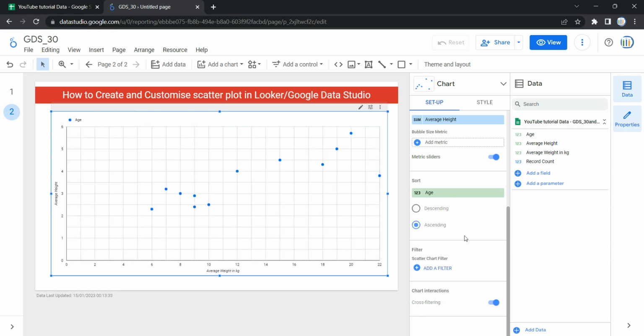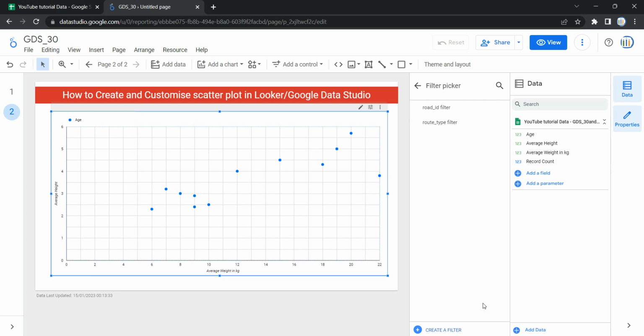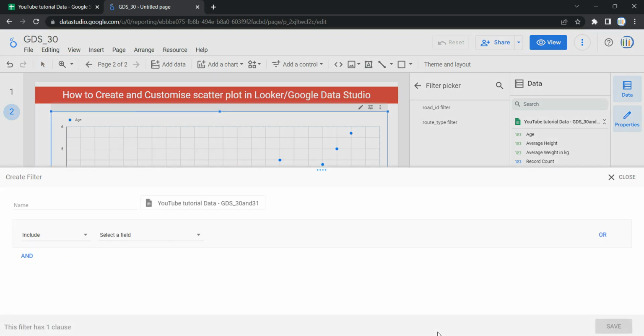Now the last option that we have over here is filter. So filter restricts the data that is displaying in the component or your graph by including or excluding the values you want to specify. So if you want to add a filter, what you need to do is click on add a filter, then you have to click on create a filter,